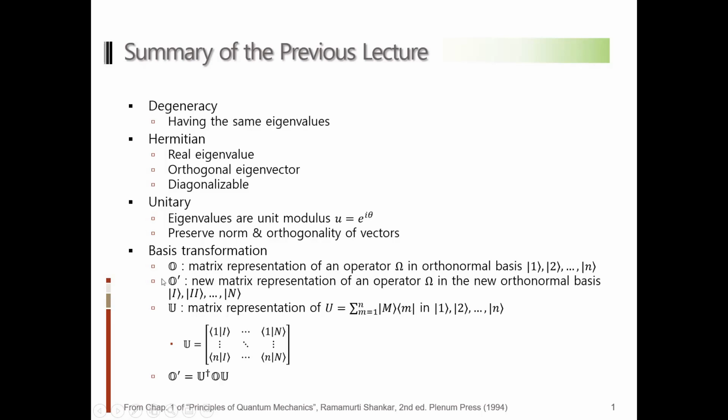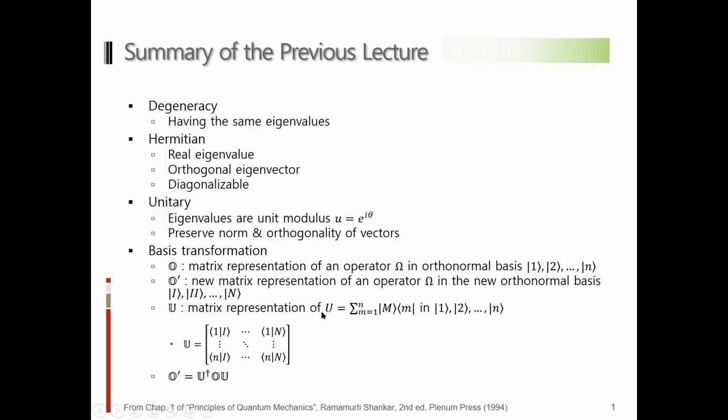Then there should be some relation between this new matrix representation and the old representation of the same operator omega. There exists this kind of relation, and in this case, this matrix is the matrix representation of some unitary operator U,